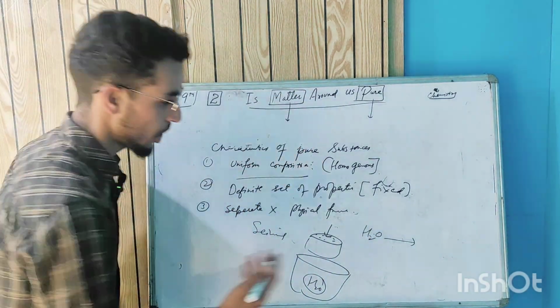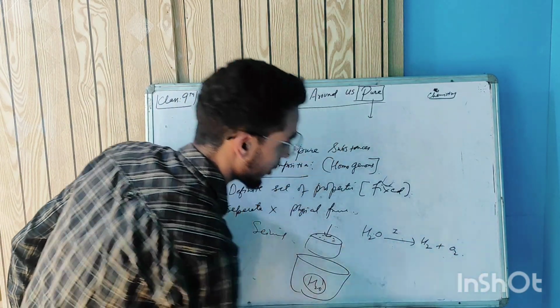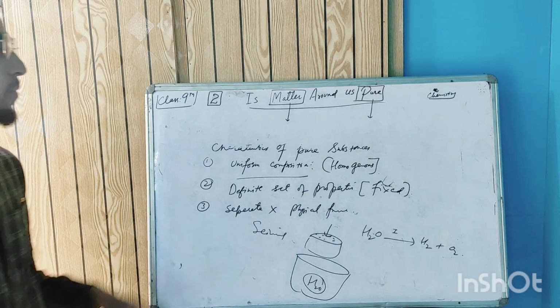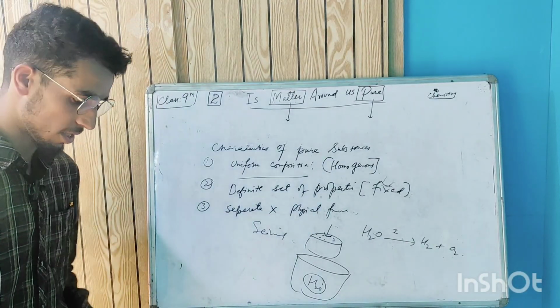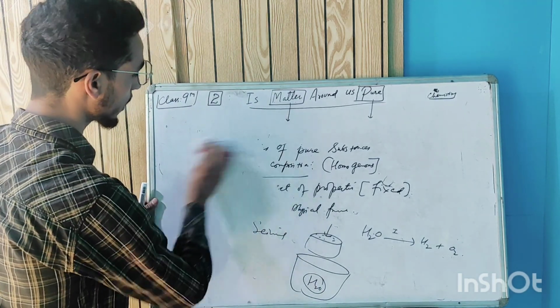process called electrolysis. You can pass current through it. Water will be split into hydrogen and oxygen. So that means pure substances cannot be separated by physical means, but they can be separated by chemical means. Okay, now coming to the next